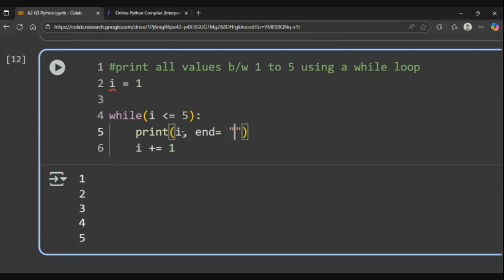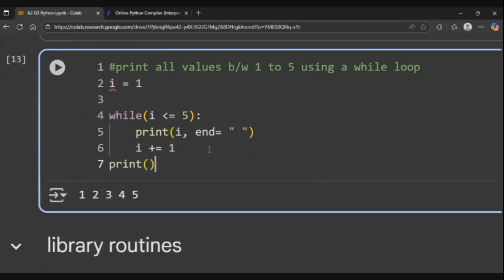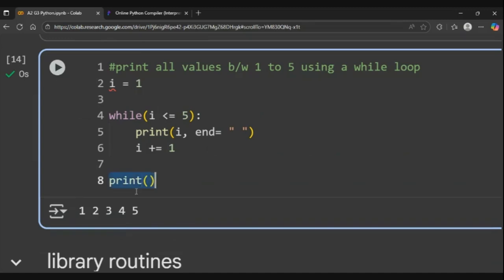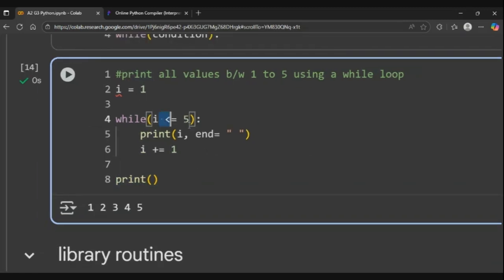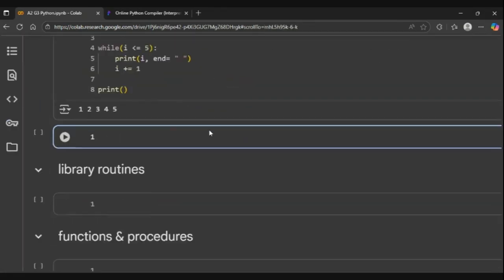और अगर आपने same line में करना है तो end के आगे हमें space डाल देनी है, so सब एक line print हो जाएगा. And then if you want to go to the next line, so you can just print an empty print और वो next line में आ जाए. ठीक है, that's it. while के अंदर और कुछ भी नहीं है. So while के लिए जो 2-3 हम basic questions करते हैं, so